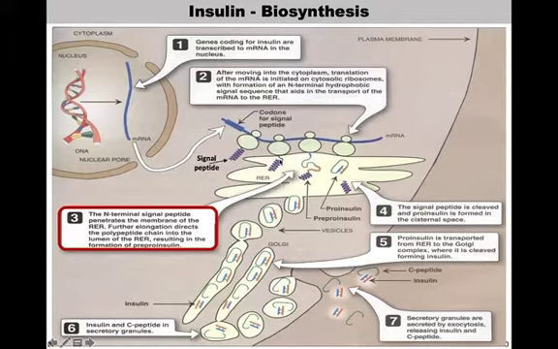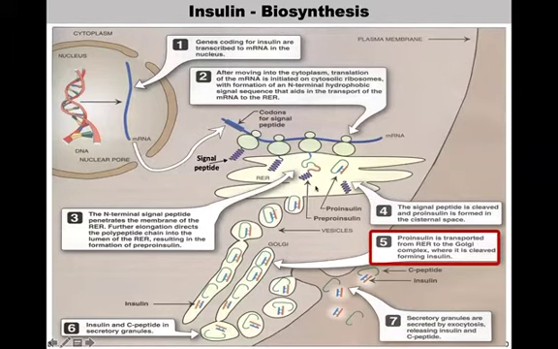You can see it penetrates inside the rough endoplasmic reticulum, and the elongation of the polypeptide will result in the formation of the hormone. Soon after that, the signal peptide is cleaved, as you can see, and the proinsulin is now formed inside the cisternae, or the lumen, of the rough endoplasmic reticulum. Soon after that, this proinsulin is packaged inside vesicles, and soon these vesicles merge and are transported